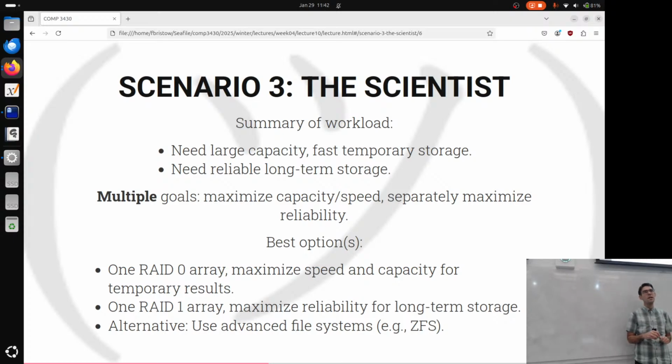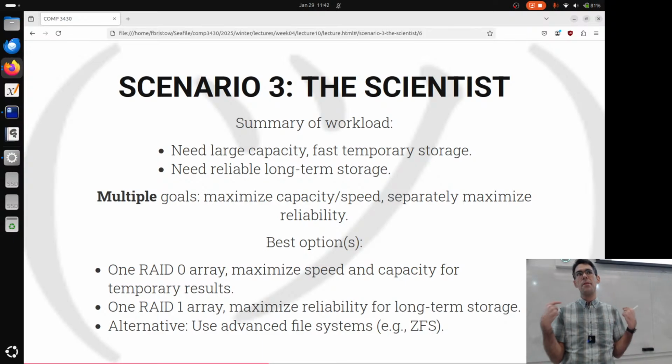So don't even think about using RAID. Use something like ZFS to work on your drives, and then use software RAID effectively to do it. But I'm going to say that in terms of the answers that I am thinking about here, this outcome that I'm assessing you on is specifically tell me what RAID levels are appropriate. Picking ZFS is kind of like not really actually satisfying that learning outcome. I really care about RAID levels here as opposed to advanced file systems.